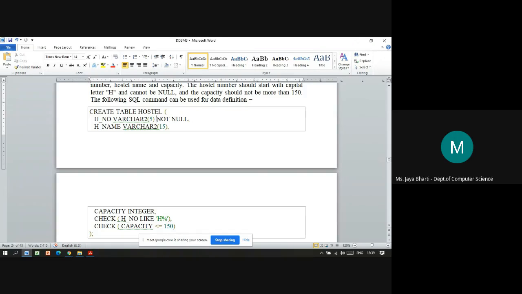Then space. After that, you are supposed to specify the constraint if you want to put one. Here we want to put the not null constraint. What is the not null constraint? This is a constraint which will not allow the user to put null values into the h_no column. The user can't leave that particular field blank.